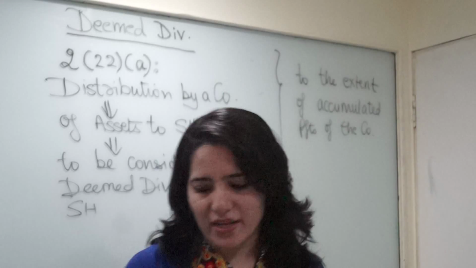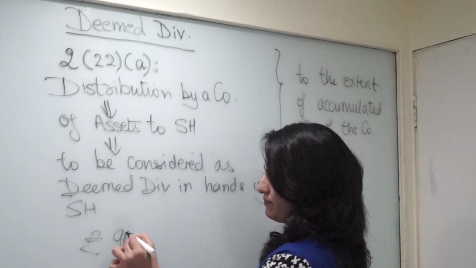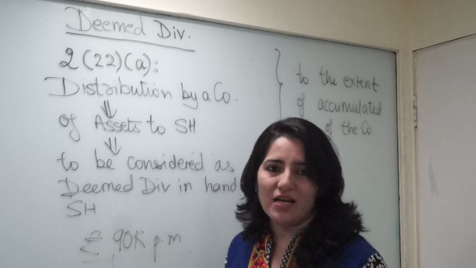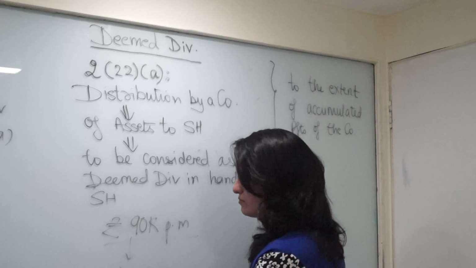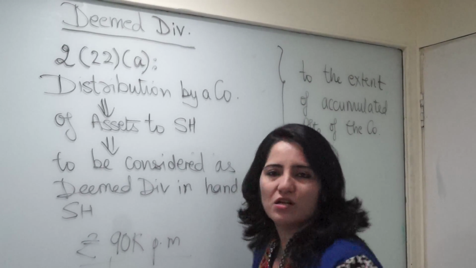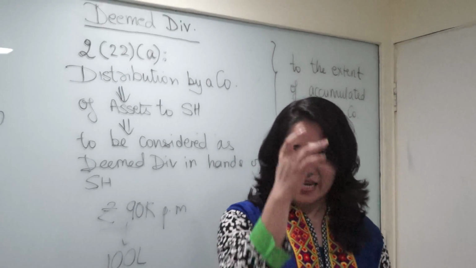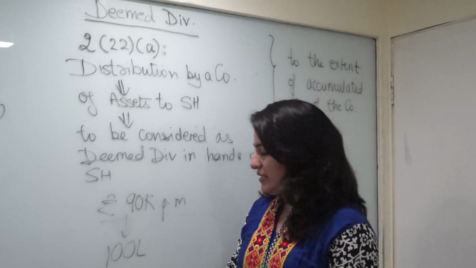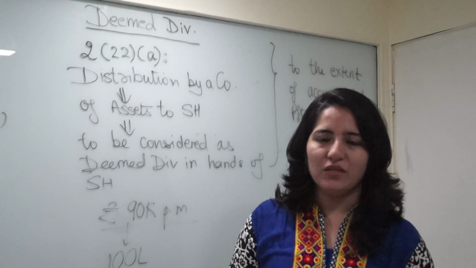Now suppose we say the rent is rupees 90,000 per month. And the director asks the company that give me an advance of 100 lakhs for construction of 2 more floors on the godown. Now in this case, it is obvious that this 100 lakh is nothing but the advance rent given by the company to the